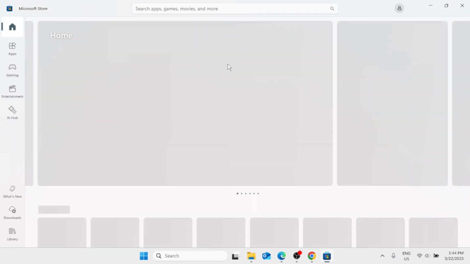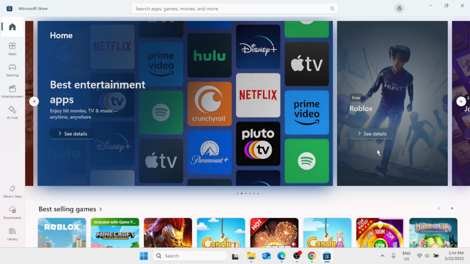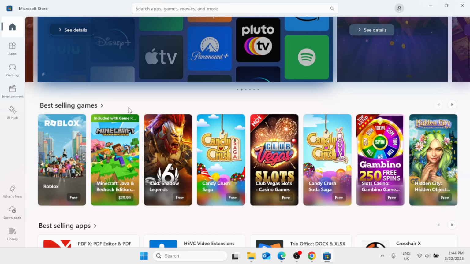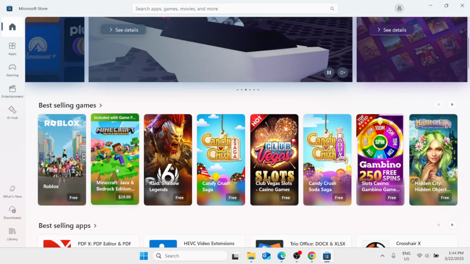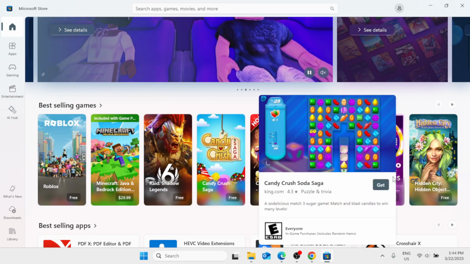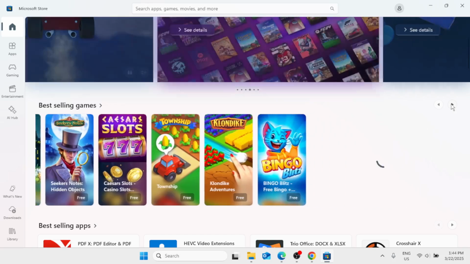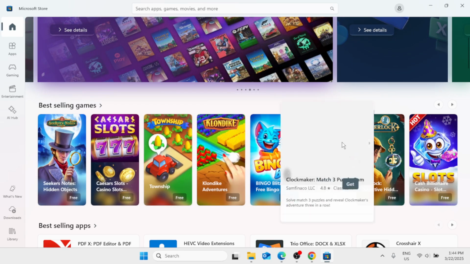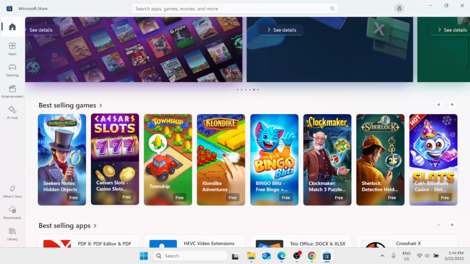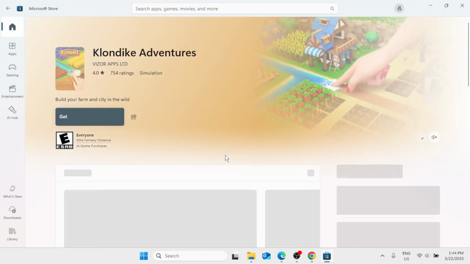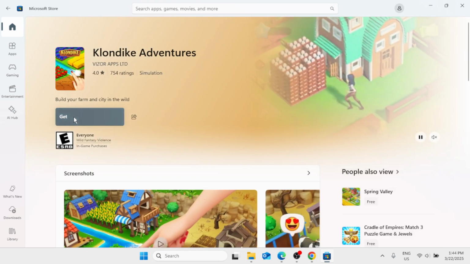Now here in the Microsoft Store, you can search for all the apps, games, and movies that you want to install on your Windows. You have here the best-selling games. We have Roblox, Minecraft, Candy Crush, the Candy Crush Soda Saga. There are also a lot more from here. You also have the 77, the Clockmaker. So there are a lot of best-selling games that you can install from here. You just need to simply click on this and click on the Get button, and that will install the application